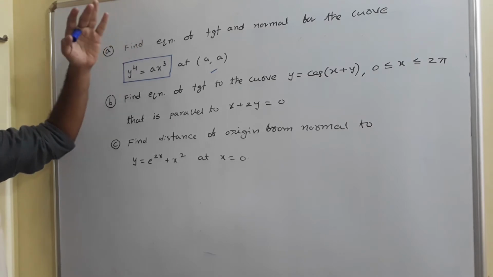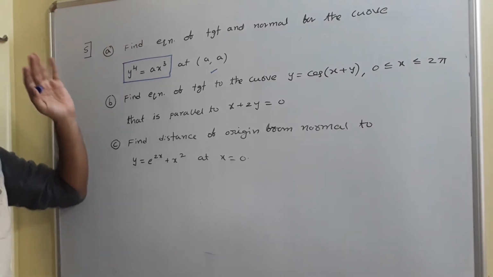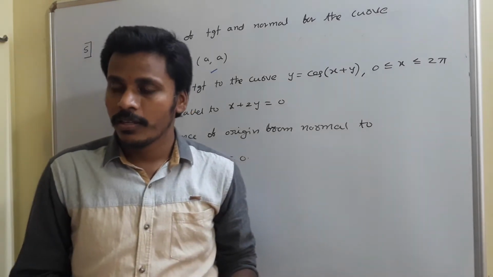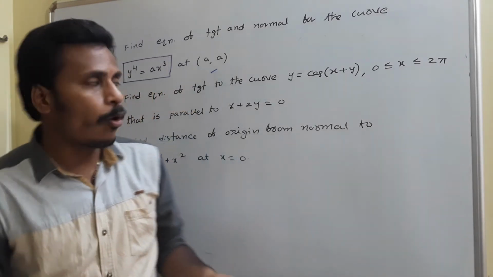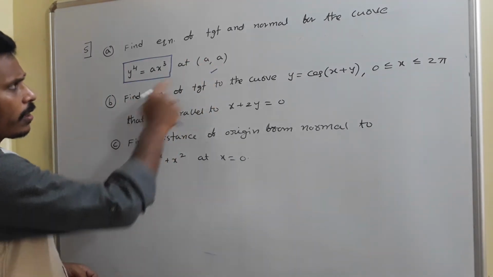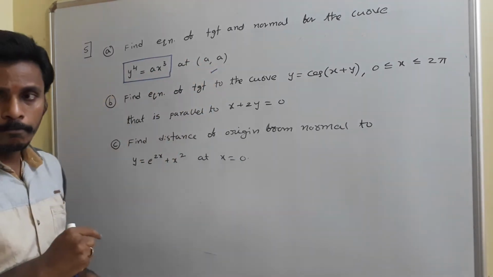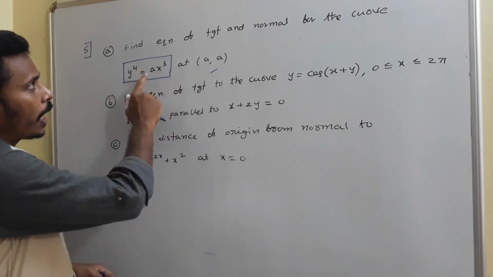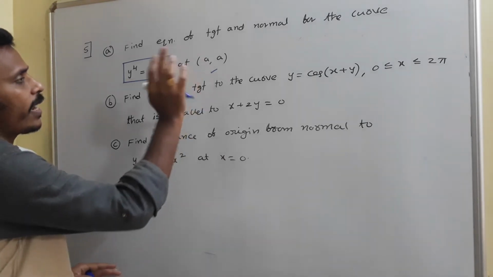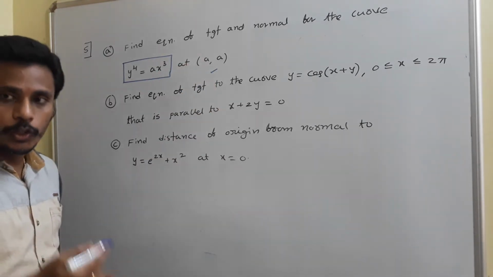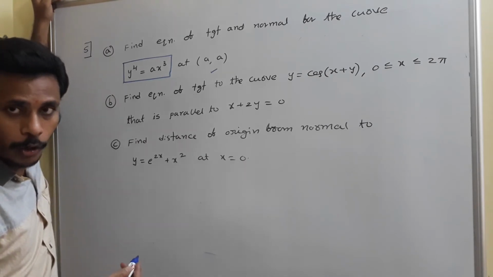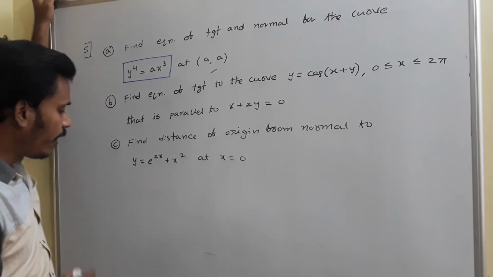To find the equation of tangent and normal, tangent and normals are lines. To find the equation of a line, we need a point and slope. The point is directly given as (a, a), right? If you check, this (a, a) satisfies the curve, right? So at that point on the curve, we need to find the equation of tangent and normal. So we need slope. The slope of tangent is just dy/dx at the point. We know it, and so we need to find dy/dx first.